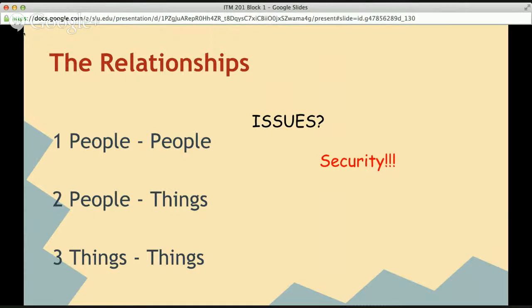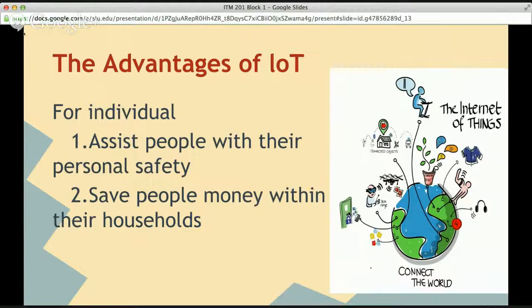Let's talk about the advantages of it. For the individual, it can help people with their personal safety. For example, if you are on your way to a meeting, you can have access to your calendar and already know the best route to take, to make you safer and save you more time. Also, it can help people save money within their household.